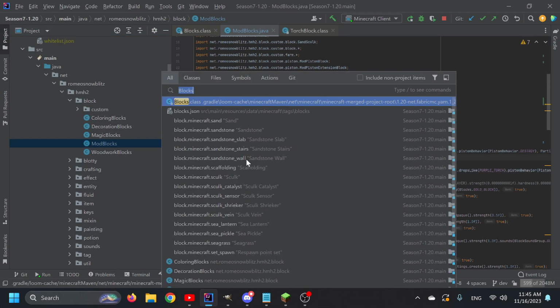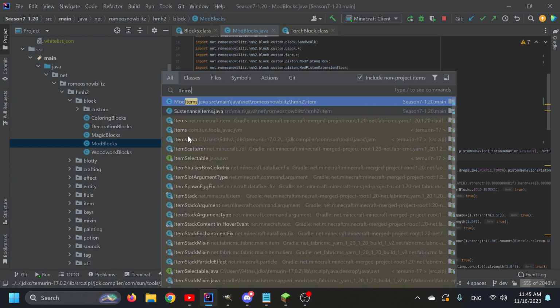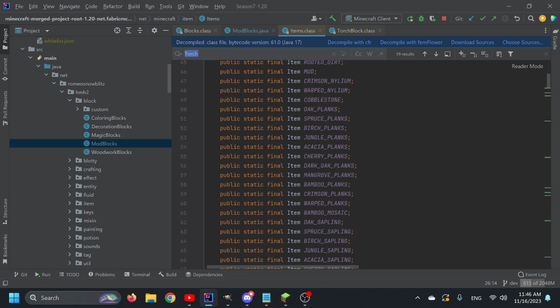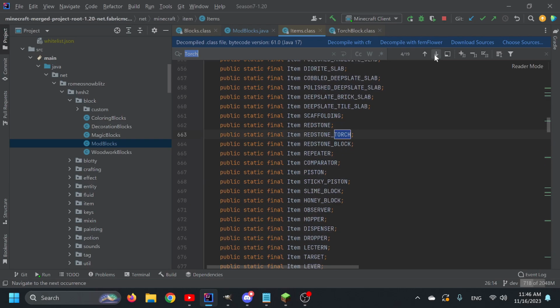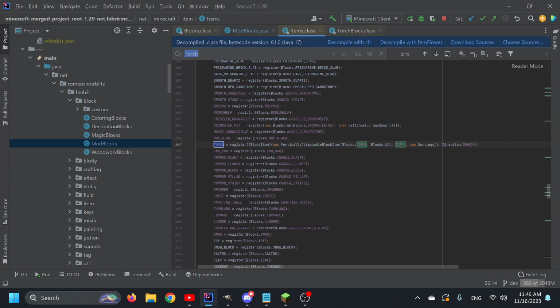variation. So let's look up items, include non-project files, Minecraft.item. And then you know the drill: torch, and then let's go on torch flower, torch, soul torch, redstone torch, torch flower seeds, torch. Oh my goodness. But look at that. This is going to contain a torch registering a block item, vertically attachable block item, blocks torch, and this is what we're going to make our purple torch, blocks wall torch, which we're going to make